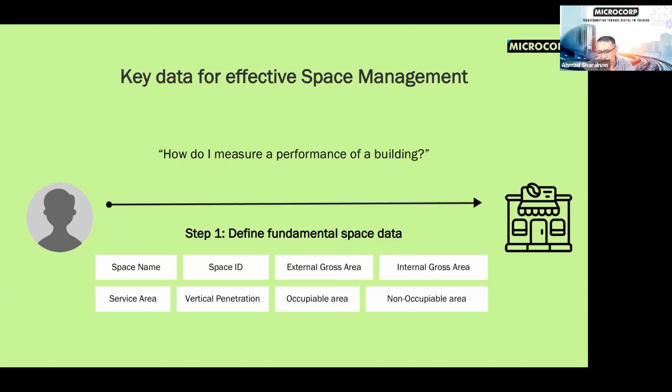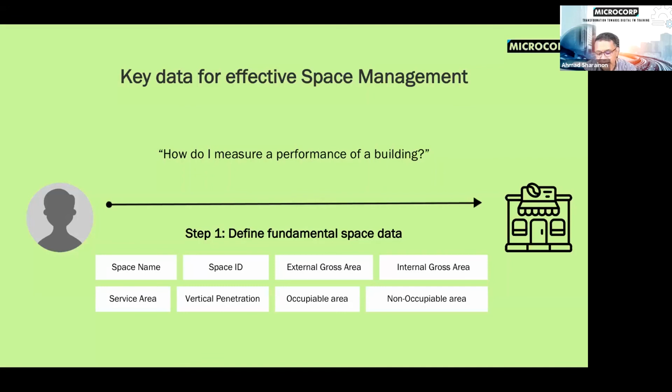For the fundamentals of space data, you need to establish a space policy: how to number the rooms, how to name the ID, how to calculate things inside your space, and how you want to define each activity. Later on it becomes data that you want to compare with the cost of managing the building, the cost of maintaining the building, and the cost of the assets that you have. A hospital building equipped with very expensive equipment, maybe called a high tech building, may have a high cost of maintaining it per square foot,